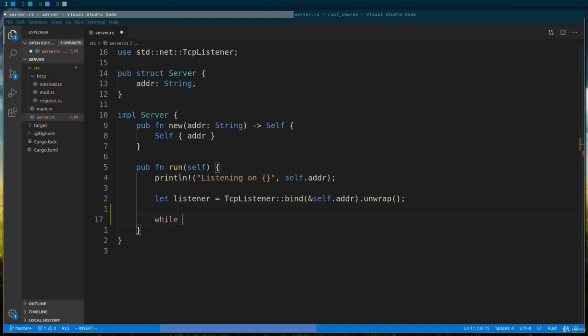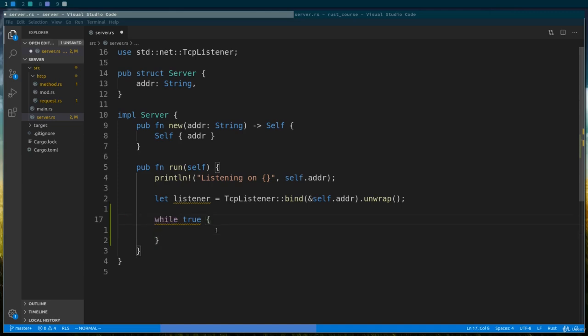For example, if we want an infinite loop, we can just follow it with true, but this can be any conditional statement, and this is followed by the loop body. Okay, this is one way to implement an infinite loop, because the body of the loop will be executed until the program exits. However, because infinite loops are quite common, Rust has a special type of loop exactly for that